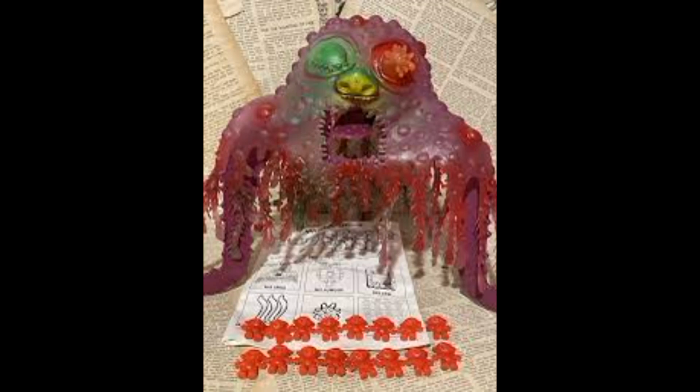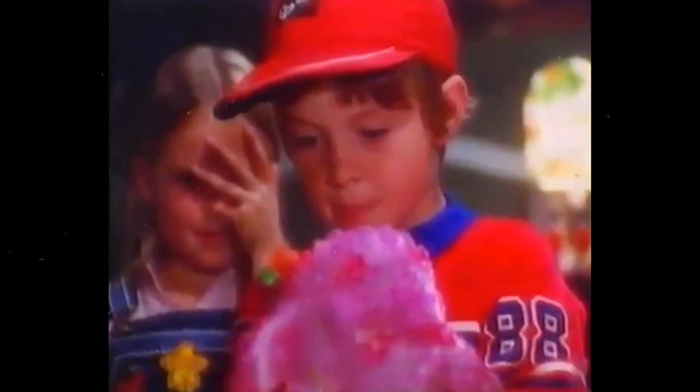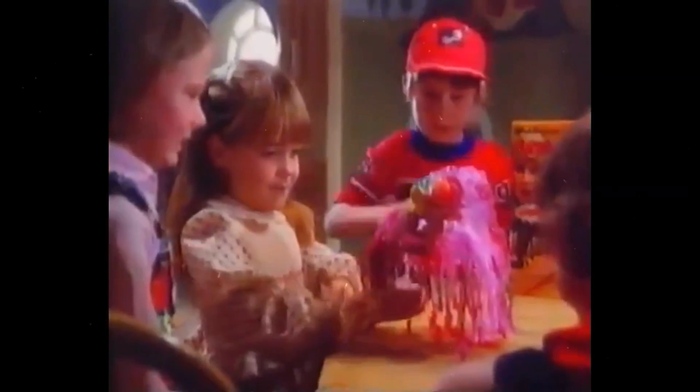It was made of rubber, a creepy latex type of rubber with a face that would have given Freddy Krueger nightmares. The premise of the game was much like that of Operation. You had to remove the people from its mouth without touching the sides. If you did touch it, its right eye lit up and it screamed